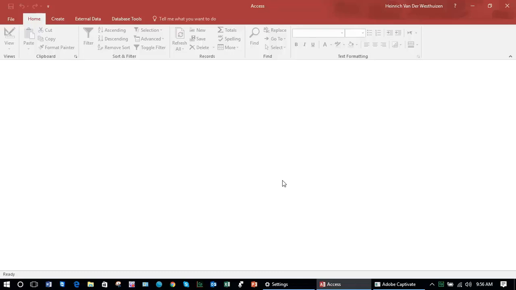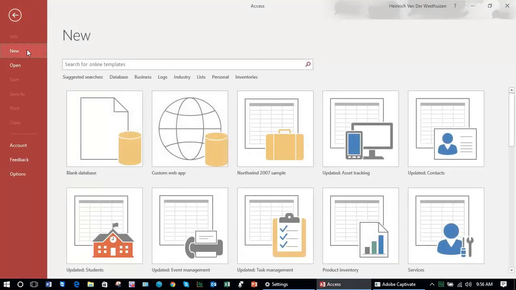Unit 1, Topic E, Create and Access Database. There are a number of different ways to create and access database. The easiest way to create a new database is to go to the File menu, click on New, and then